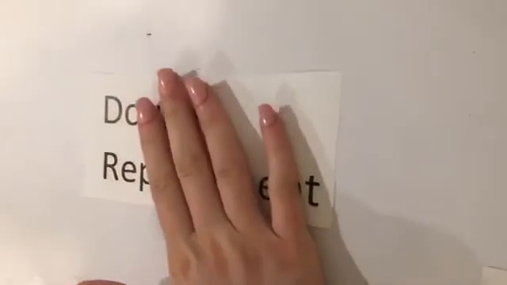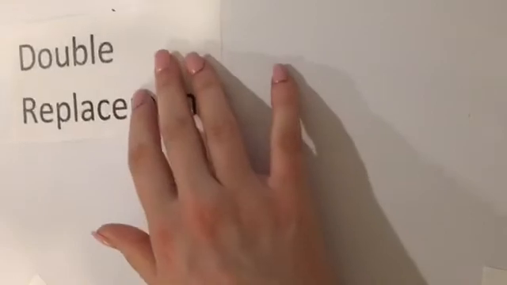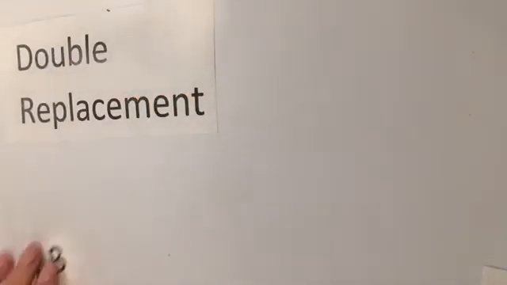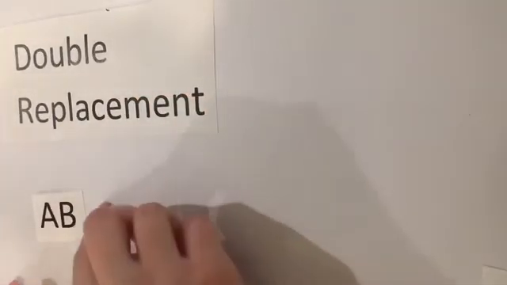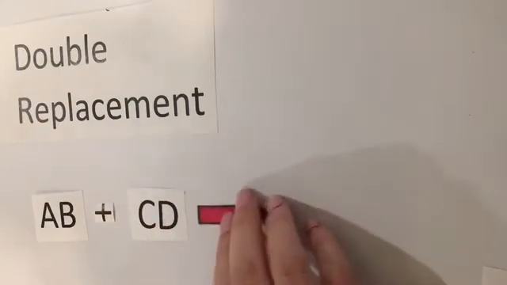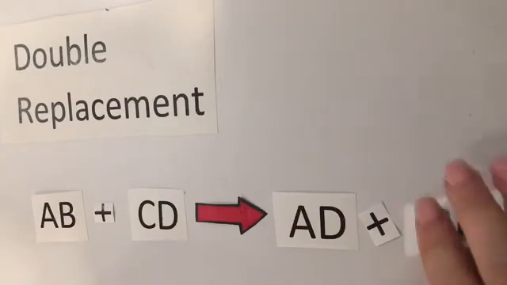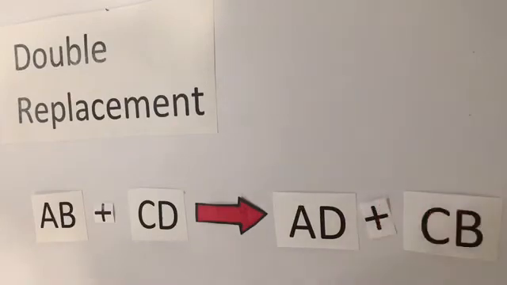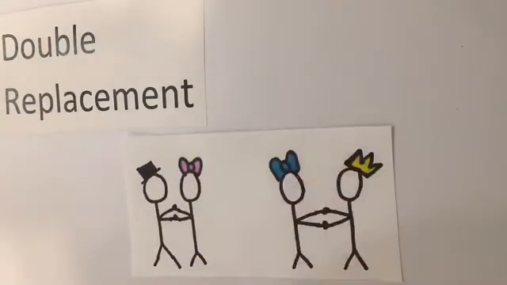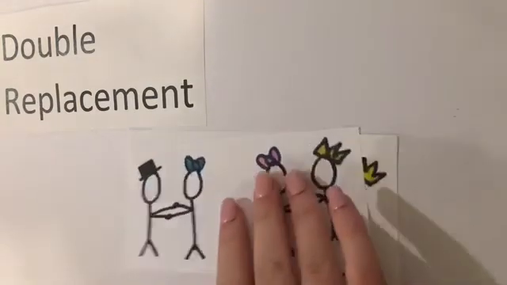Double replacement is two compounds turning into two compounds, inner elements combined with outer elements, or metals switched to form new product. A basic structure for the formula would be AB plus CD turns into AD plus CB. An analogy for double replacement would be two couples are dancing and the two girls look over and they decide